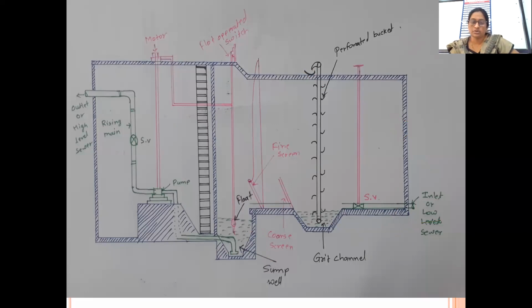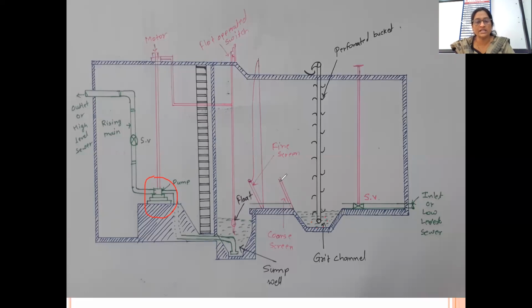I hope first thing you understood. Okay, first entry is the design of grit channel for the removal of grit coming into the wastewater. Why we need to remove the grit? We have taken sufficient efforts at the collection point itself to remove the grit particles, but still there is a chance to have the grit. But before entering of the water into the pump, we must remove it. Otherwise, damage of pump is definitely possible. So that's why we are removing before the entry of sewage into the pump.